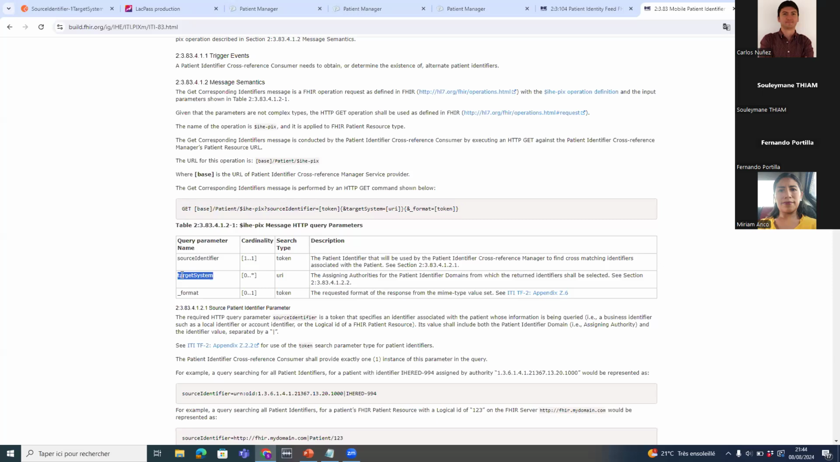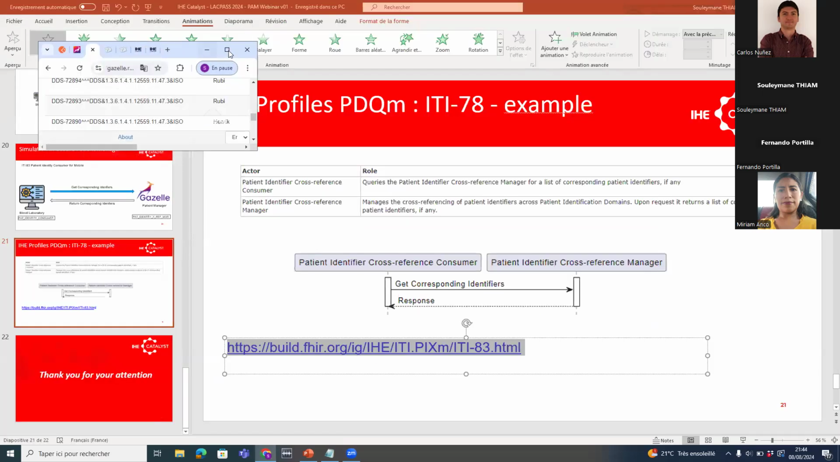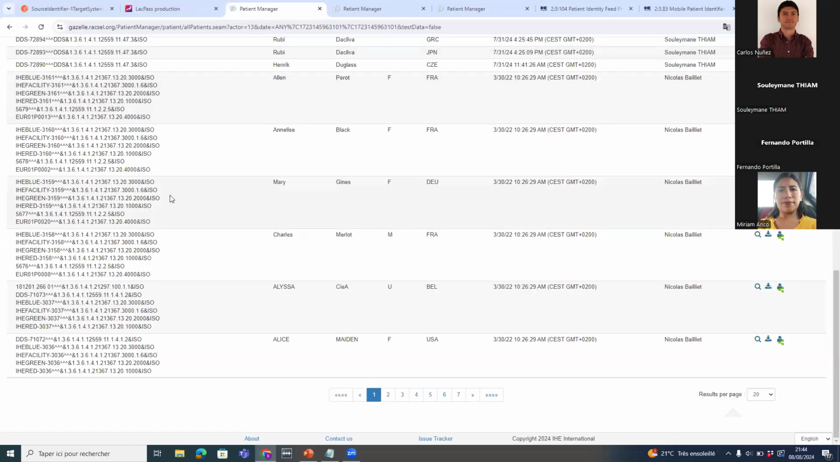If you need all IDs, you can remove the target system. If you need one specific ID, you need to put the ID of the system you would like to retrieve the ID of the patient from. So I will conclude with the patient. For example, if you take the example of the LAC region MPI, I don't know, I haven't discussed with Fernando how he would like to configure this, but for example, in this patient, Mary Gaines, this is a sample we used during the